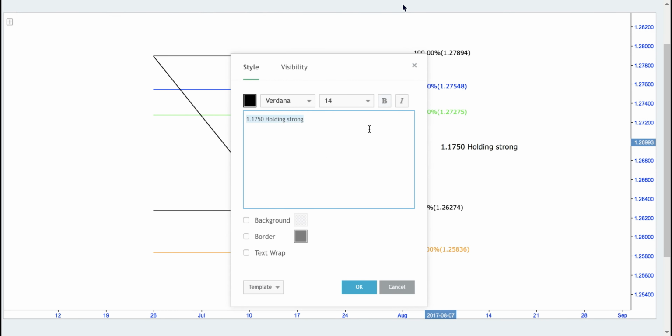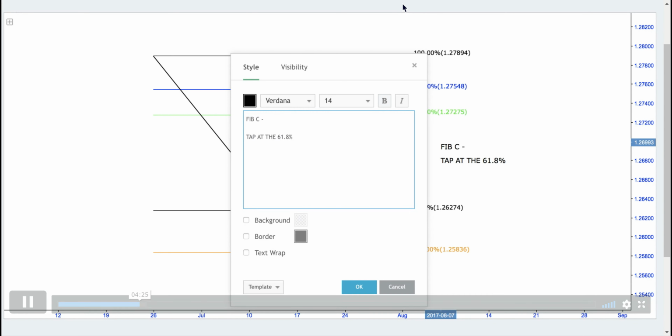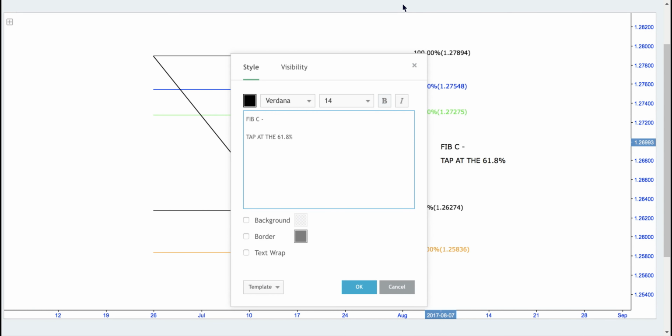Fib C is either going to be a tap at the 61.8%, and I'm sure you guys have seen the market actually tap the 61.8 to the T sometimes, whether it just be a wick or whether the candle spikes through it and the body closes below. We're looking at a tap at the 61.8, or we're looking for a reversal or rejection